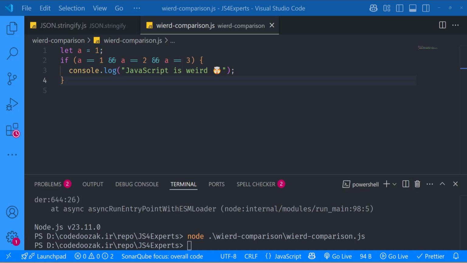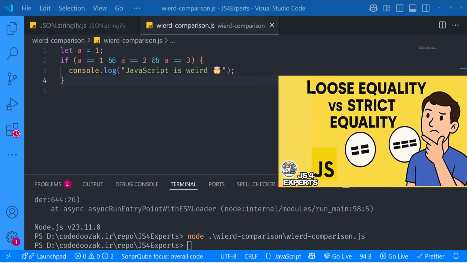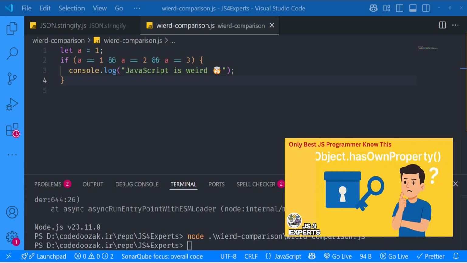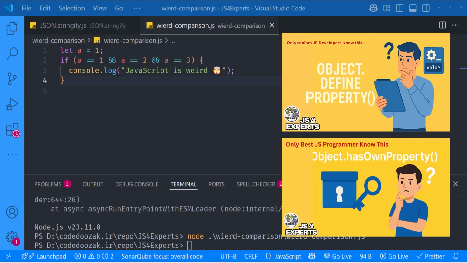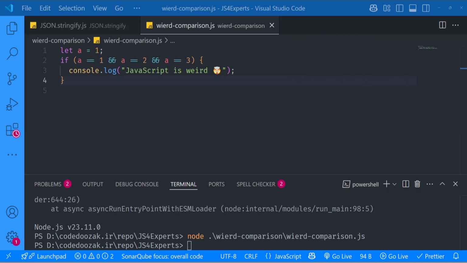But we already talked about loose equality and strict equality, and we talked about prototypes, and we know many things about comparison in JavaScript.